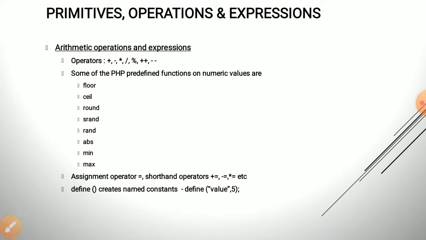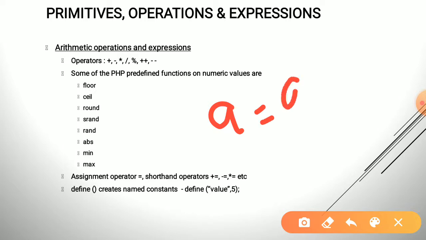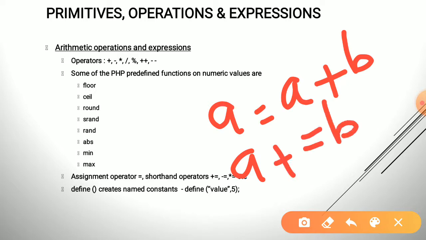Now the assignment operator used in PHP is equal to, and we can use shorthand assignment operators like plus equal to, minus equal to, star equal to, etc. So $a equal to $a plus $b can be written as $a plus equal to $b.